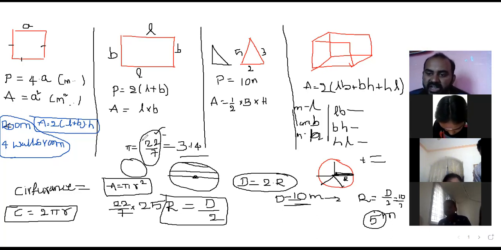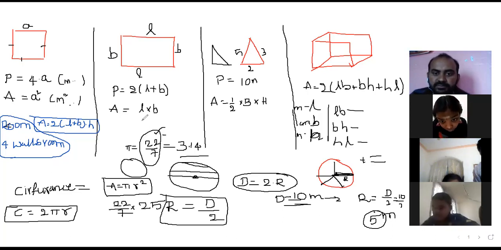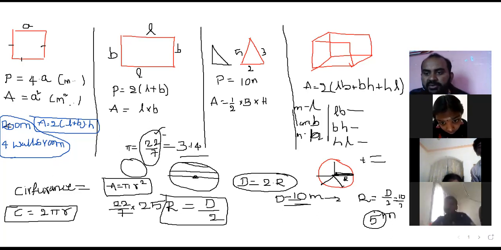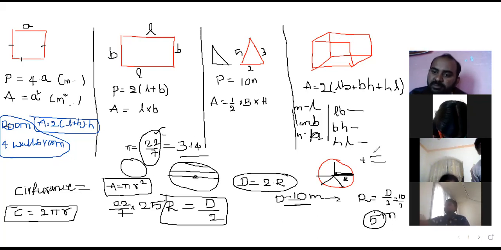So you have to show your rank all over India, not in particular cases and particular schools. Okay, so copy everyone, and if you have any doubts about the formulas, you can ask. This is not the first time you are listening to the formulas, right? Yes, copy. If you have completed copying the formulas, then open your Navodaya books and practice it. I will be in line only. If you have any doubts, you can ask me.